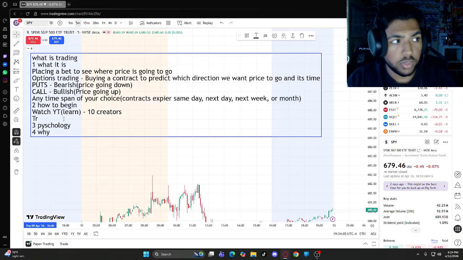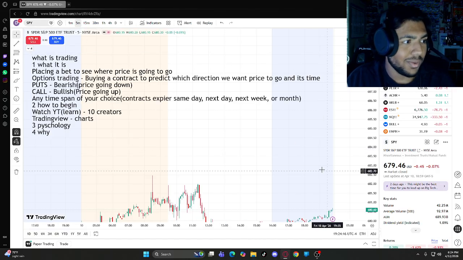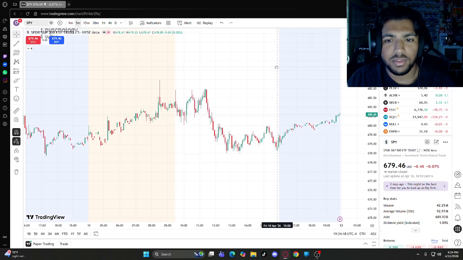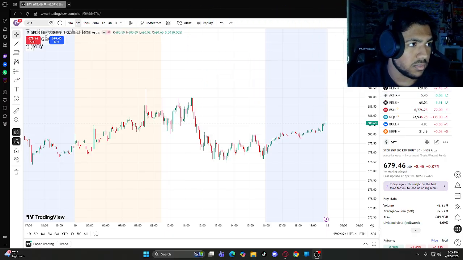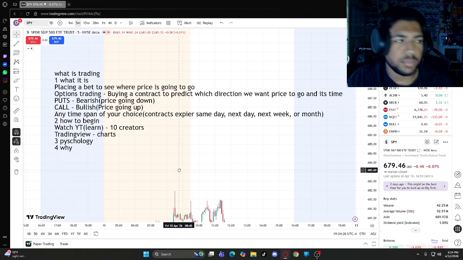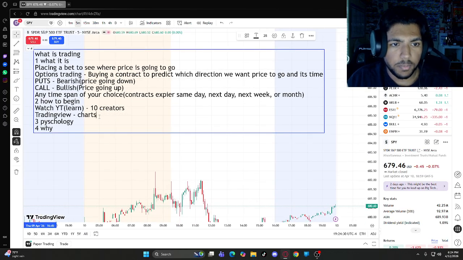Then we're going to open up a platform called TradingView. TradingView is your charts. It's going to tell you what's happening, when it's going to happen. That's this tool that I'm typing on right now. What I'm typing on right now is TradingView. See, those are my charts. That's the index. Those are my other stocks, etc. That's why I love TradingView so much, right? So we'll need TradingView, especially. We need TradingView for our charts.